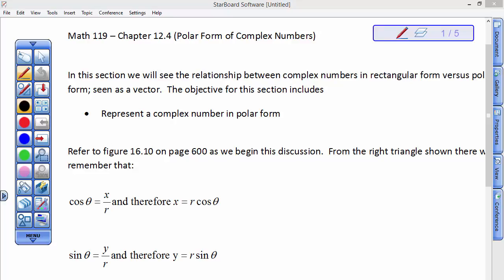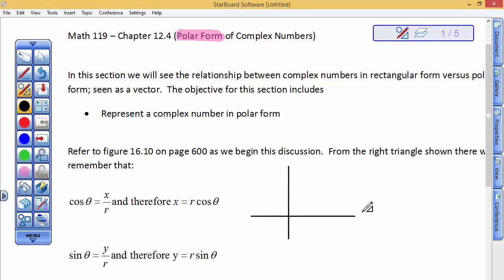Okay, now we begin our study of complex numbers in polar form. So we're going to develop the numerical values for that. And so what I'd like to take you to is, I don't have my book open at the moment. It refers to a right triangle. So here we go. A right triangle, and let's talk about one in the rectangular coordinate system in the first